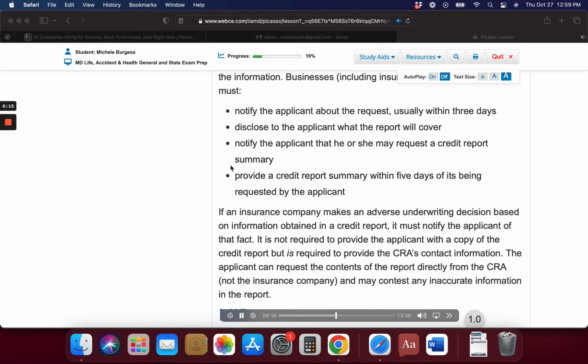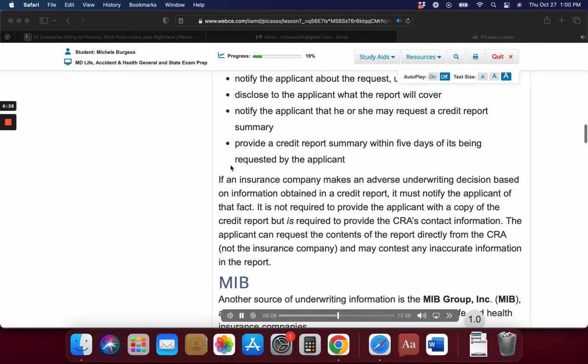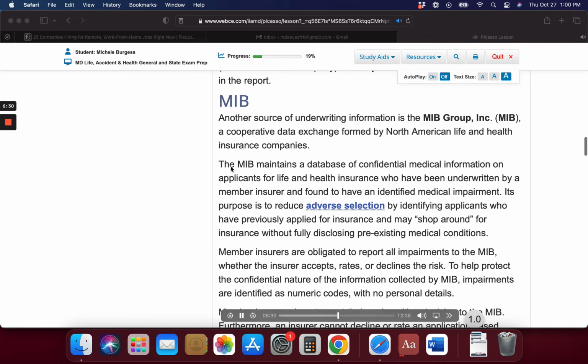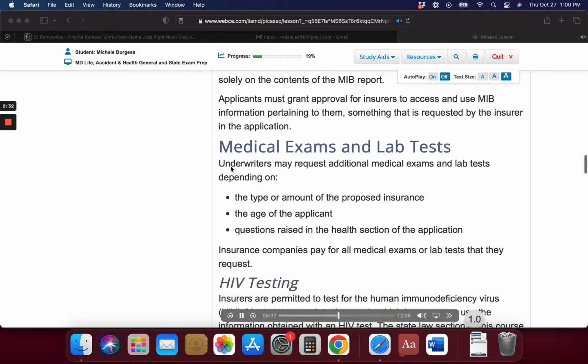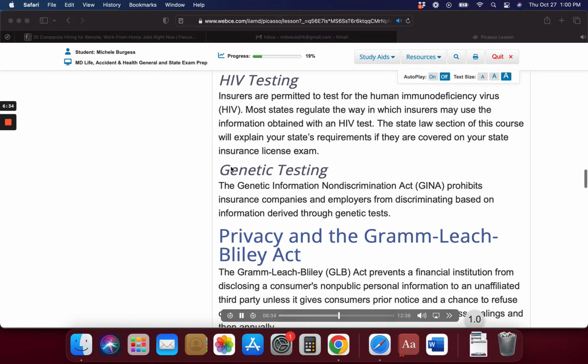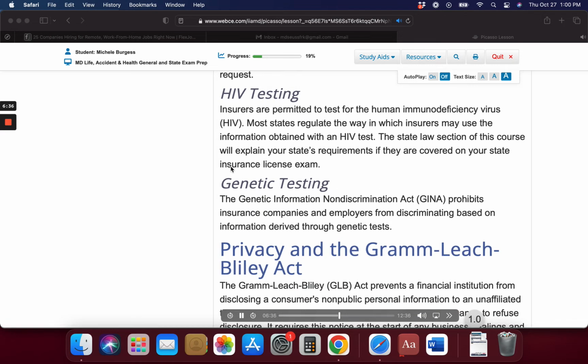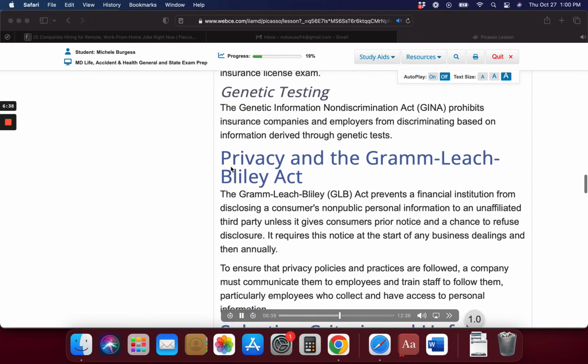HIV testing. Insurers are permitted to test for the human immunodeficiency virus, HIV. Most states regulate the way in which insurers may use the information obtained with an HIV test. The state law section of this course will explain your state's requirements if they are covered on your state insurance license exam. Genetic testing. The Genetic Information Non-Discrimination Act, GINA, prohibits insurance companies and employers from discriminating based on information